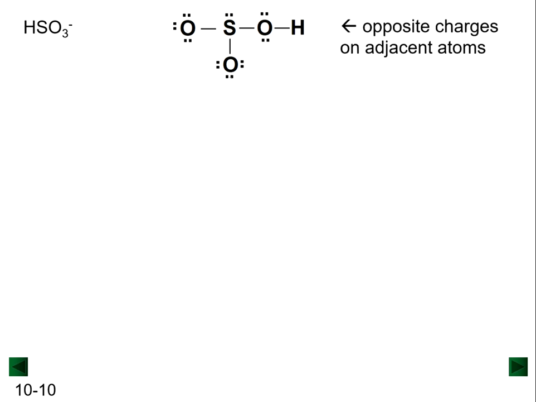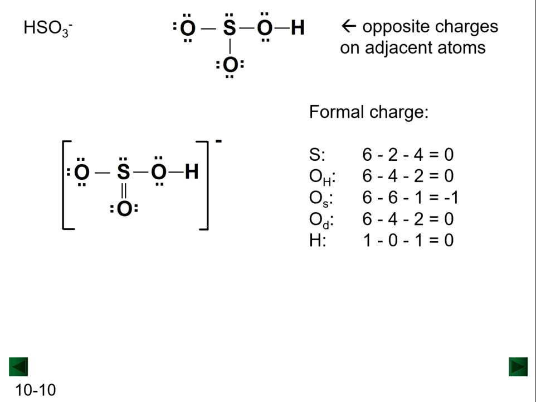Opposite charges on adjacent atoms are not likely to occur because the opposite charges will attract, and the electrons will typically move such that that formal charge goes away. So the way we do this is we take one of our singly bonded oxygens and take one of its lone pairs and put it into a double bond with sulfur. And so we can do it like this. If we take the bottom oxygen atom, rotate one of those lone pairs up into the double bond,